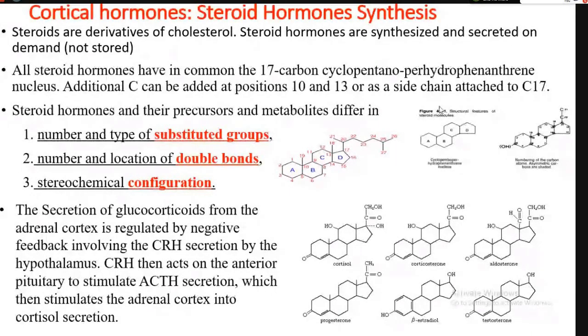Okay, this 4 ring. This is A, B, C, D. Okay, this is a steroid nucleus. A, B. Each and every person write this. A, B, C, D. Now all are hexagonal. Just the 4th one is pentagonal. Okay, D ring is pentagonal. So that's why name of this ring is cyclopentano perhydrophenanthrene nucleus. Okay, this is a steroid nucleus.